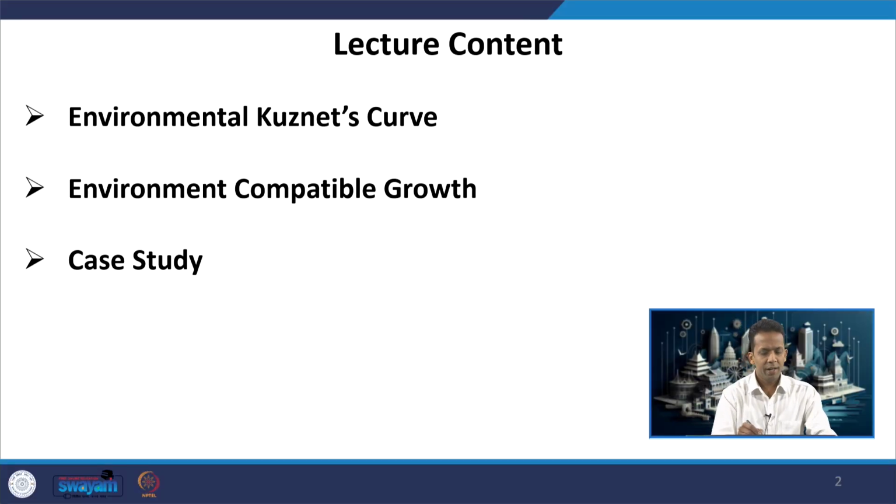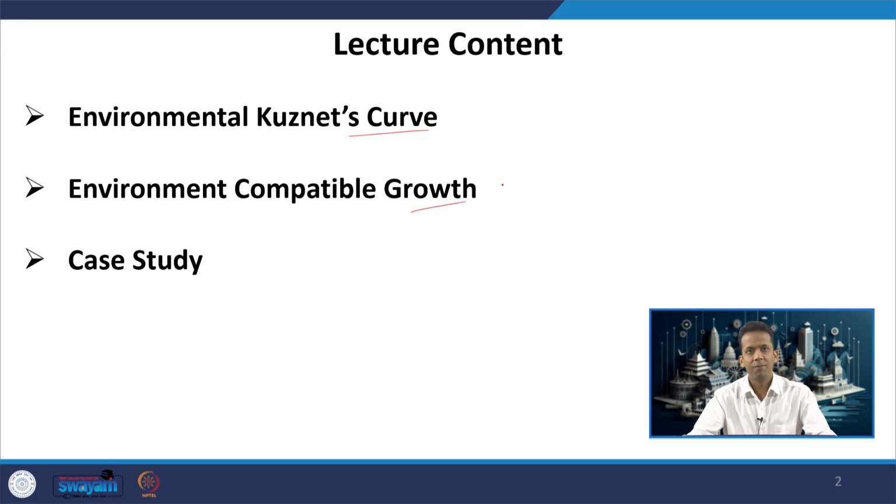The topic that we are going to talk about today is environment compatible growth, mainly the relation between economics and environment. Whenever we aim for economic growth, is it necessary that environmental degradation is bound to happen, or are there ways where, in the quest of economic growth, we can take care of the environment also? We will cover two basic concepts, one environmental Kuznets curve and the other environment compatible growth, followed